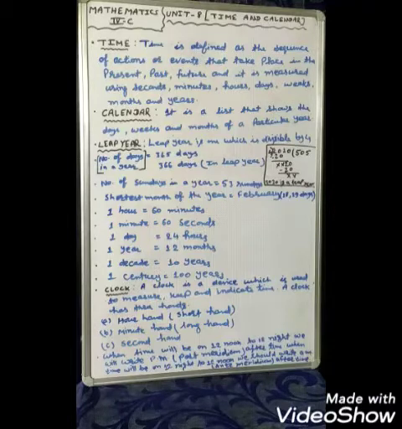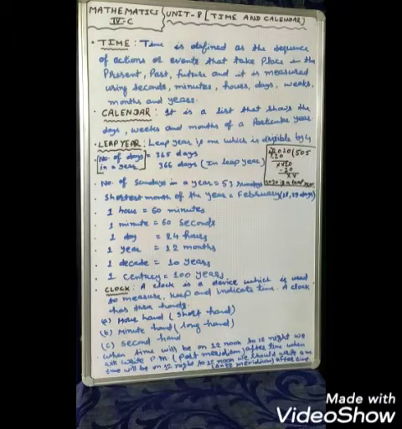Next, leap year. Leap year is one which is divisible by 4. I have taken an example, 2020. We will divide this year by 4. 4 5s are 20. There is no remainder here. Again we will write 2. Then we will put 0 in the quotient, and after that we will bring down 0 from the dividend. Again we will read 4 5s are 20. There is no remainder. It means 2020 is a leap year.